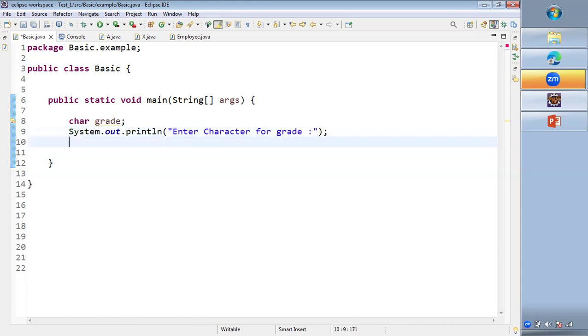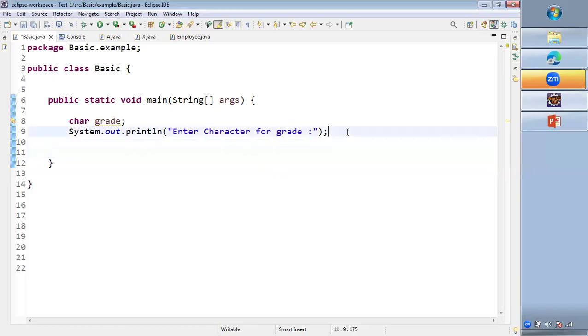And when the user enters the character, then you can use... So with this statement we gave a message to the user to enter a character for grade, and then to get a value